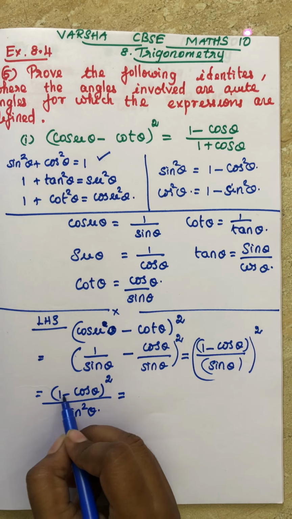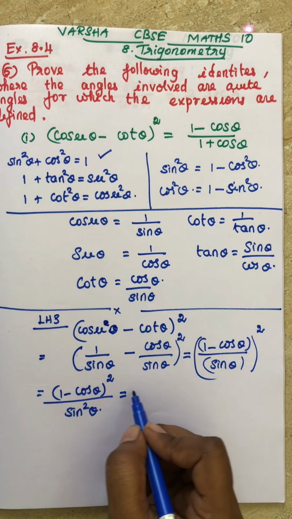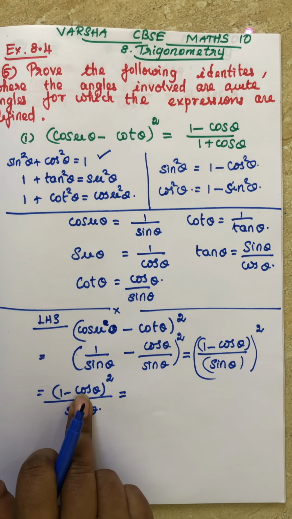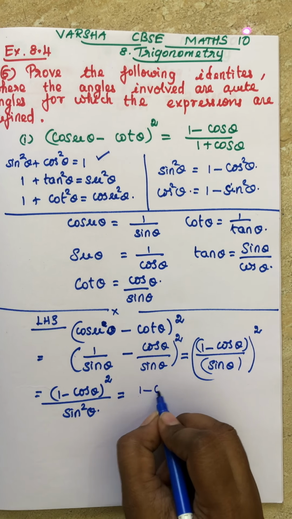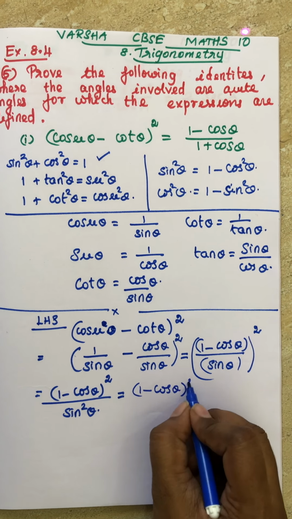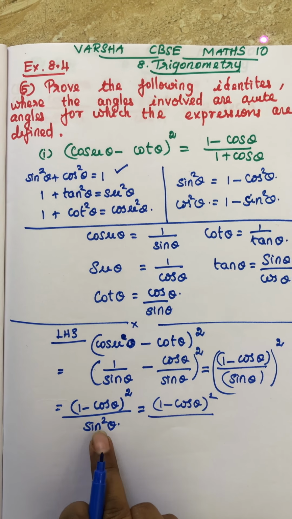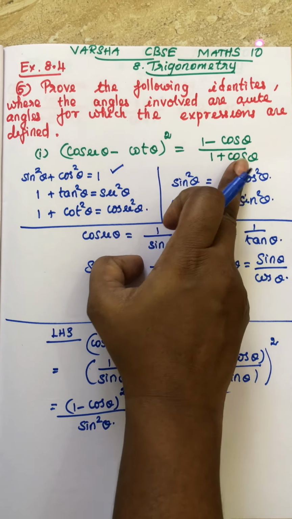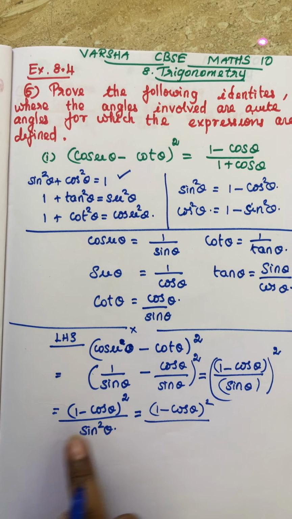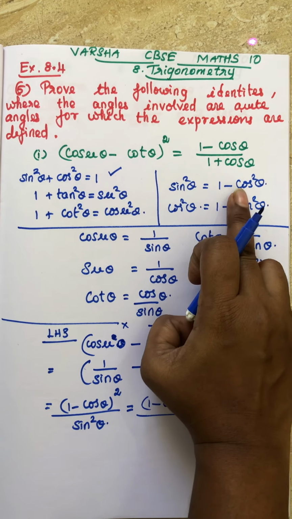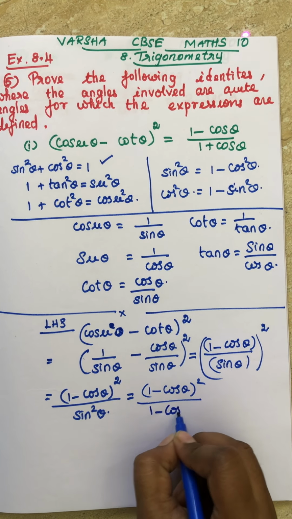You should not split that into the algebraic expansion a square minus 2ab plus b square, because the answer should be in terms of 1 minus cos. So you keep the numerator as it is. For the sine, you have to change the sign. Why, ma'am? Because the answer is full of cos, so we have to change it into cos. So we can write sin square is equal to 1 minus cos square.